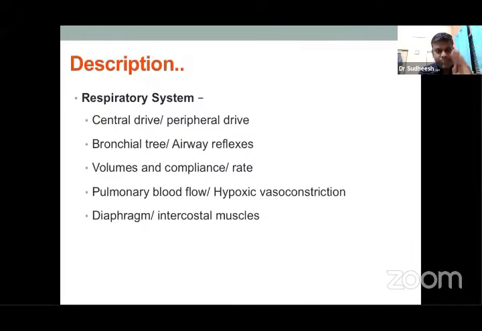And then the effect of this particular drug on the upper airway with regard to airway reflexes, and then the bronchial tree, whether it is known to cause bronchodilation or bronchoconstriction, and then finally its effect on the alveoli. Alveoli is indirectly represented in the form of volumes, compliance, and other things. So there is a reduction in functional residual capacity, or tidal volume reduction, and compliance due to relaxation of muscles, etc. And also its effect on rate, whether it increases or decreases the respiratory rate, or whether it preserves the respiratory rate. So that's how we can read.